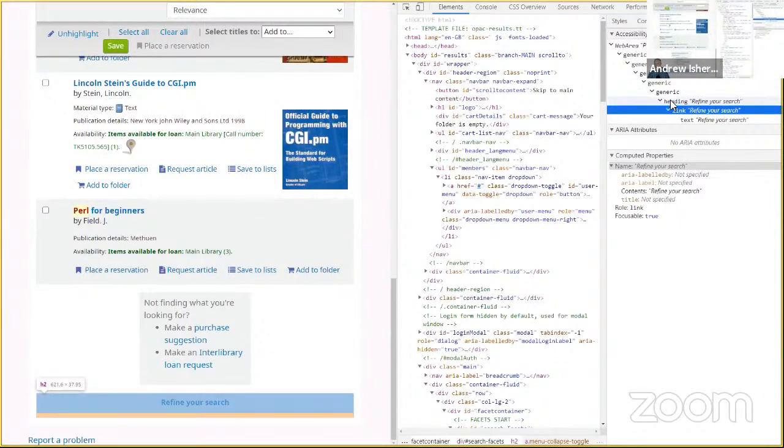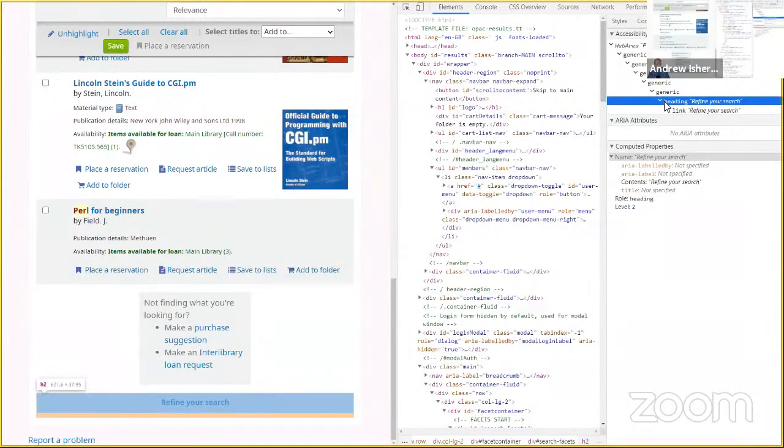And so if I click on this heading here, we can see that that corresponds with the refine your search at the bottom here. And if we look down, we can see that from an accessibility perspective, it's got a role of heading, it's got a level of 2, it's got contents, and you can see that there's no area specific